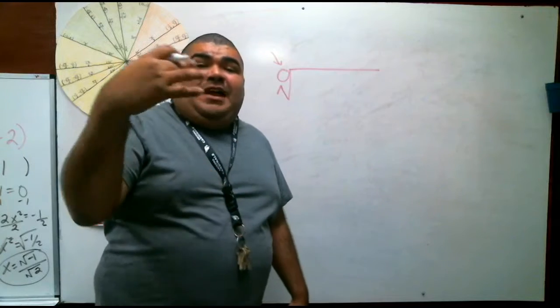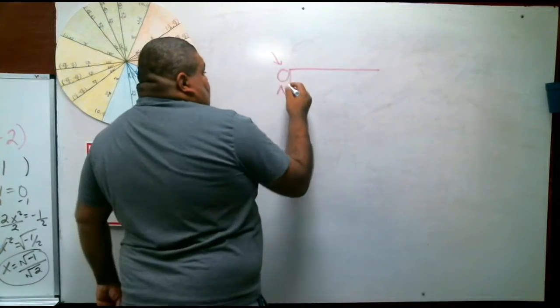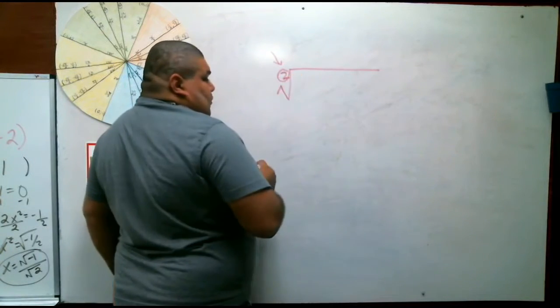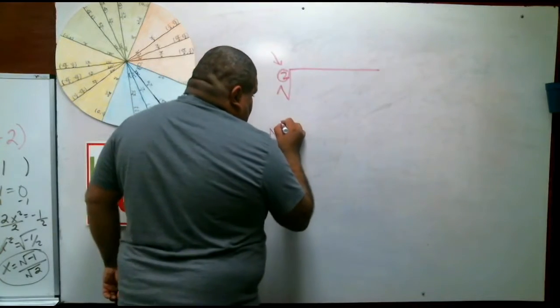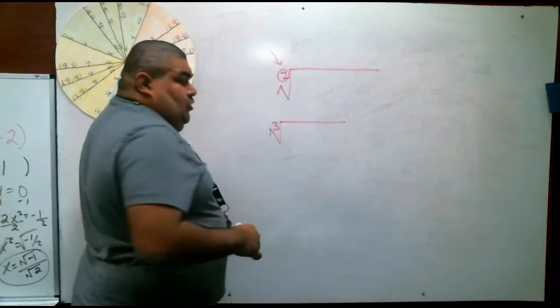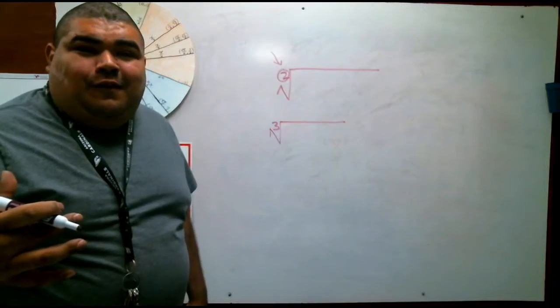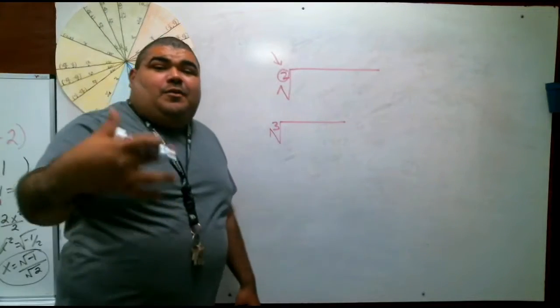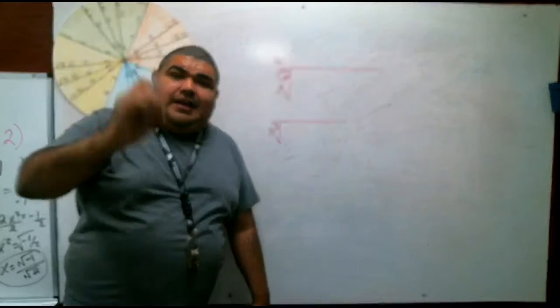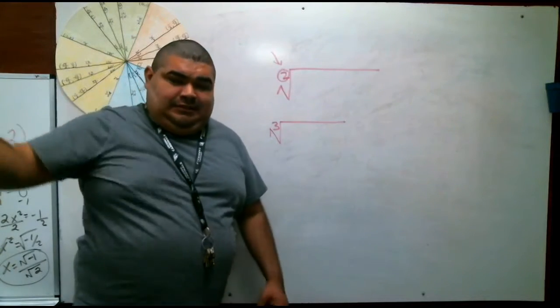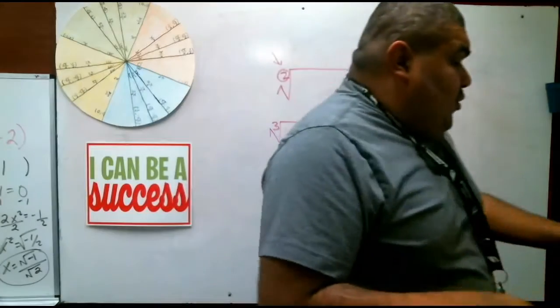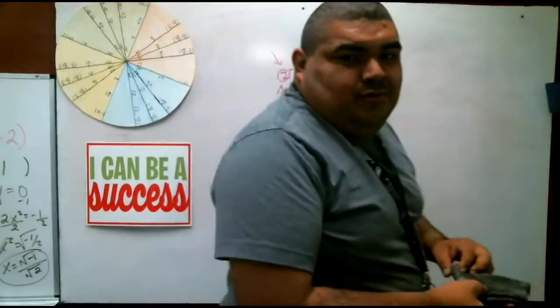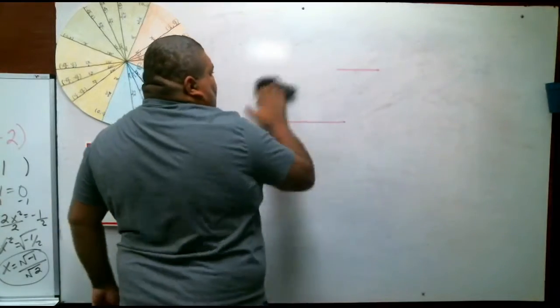Sometimes you might have a 3. Okay, if you have a 2, you're looking for pairs of twos. If it has nothing, you're also looking for pair of 2. You might have a 3, you're looking for pair of 3s, right? And then so on and so on. If you have a 4 on the outside, then you're looking for pair of 4, and 5 and 6, depending on the number. Now that you know that little rule,